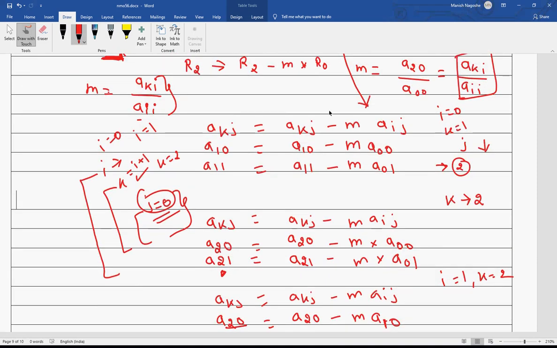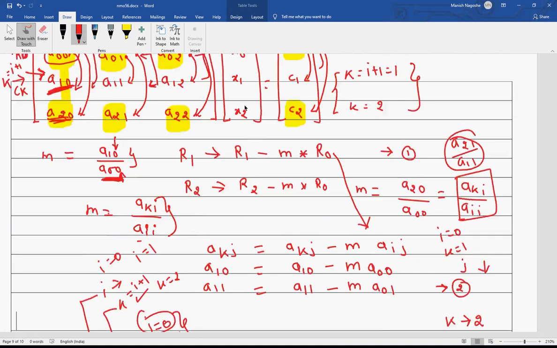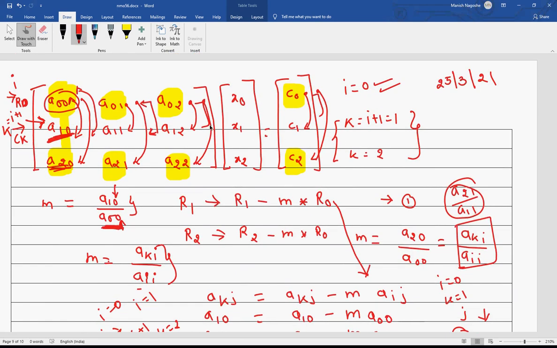So I am talking about now these two operations, because this is my pivotal value. Now I'm interested in making this 0.